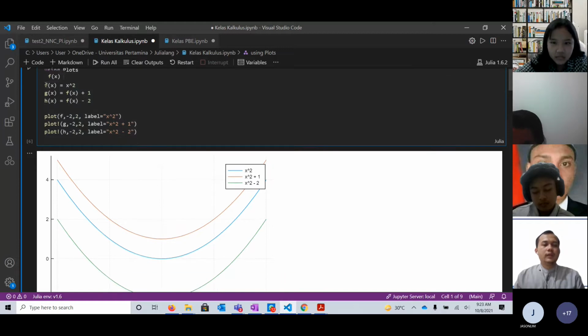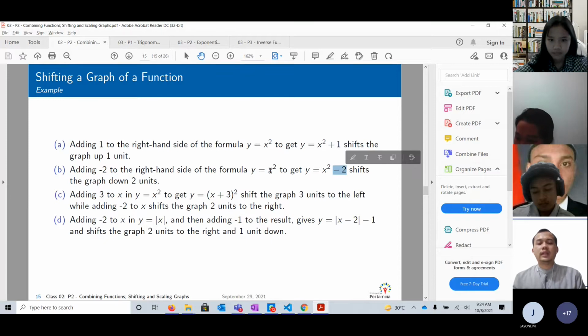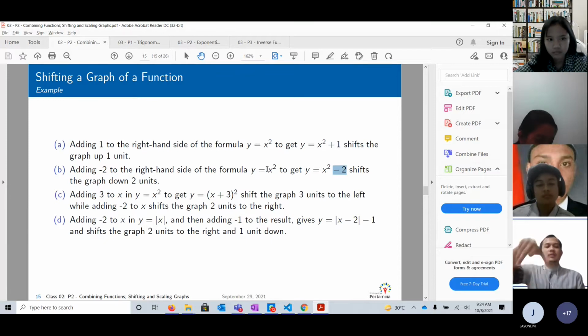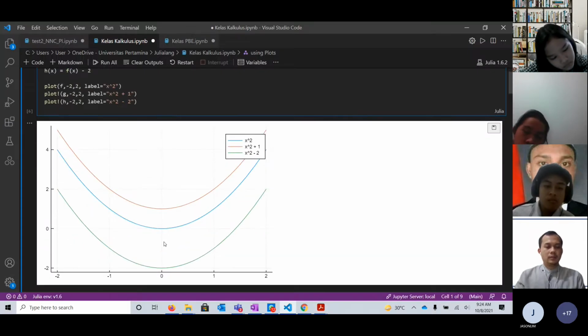If we have f of x equals x squared, if we add plus 1, the graph of x squared shifts up by 1 unit, and if we add minus 2, the graph of x squared is shifted down by 2 units. We can see in this example,